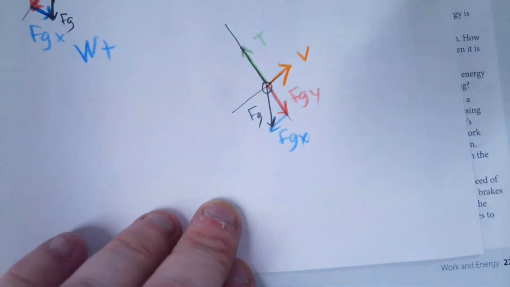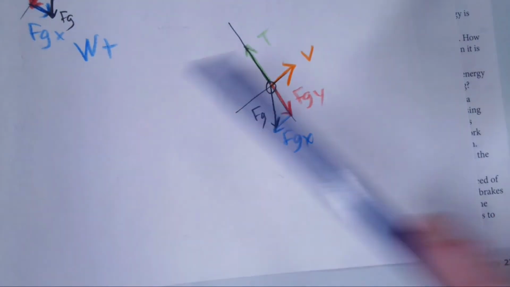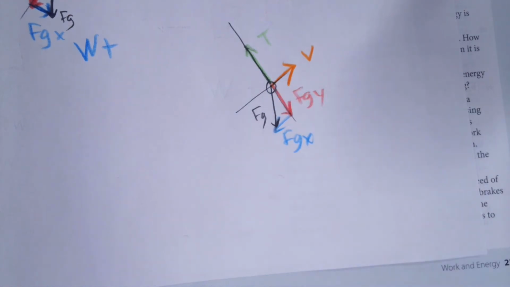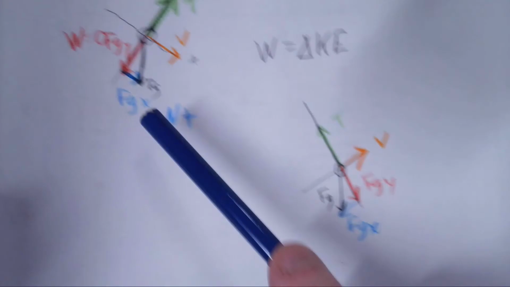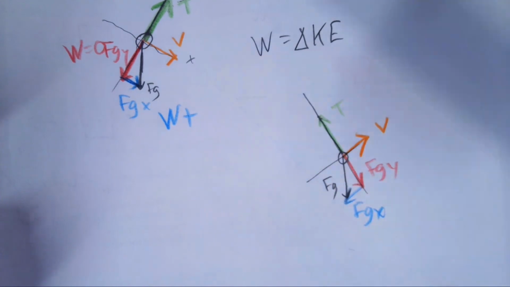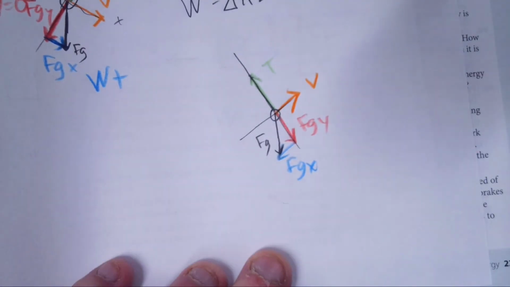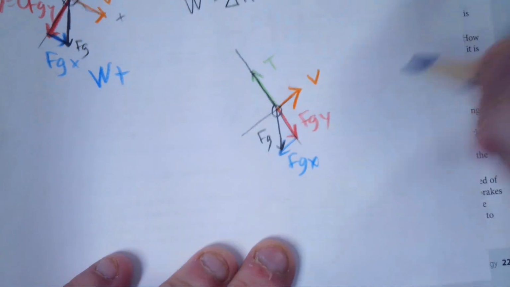And so the question is, the work done on the bob, that's what the bob is, the little circle, by gravity, is it positive, negative, or zero? So once again, it's parallel, but the difference between this and here: the force of gravity in the x direction was parallel with velocity, so positive work is done. Here, the force of gravity in the x direction is in the opposite direction as the velocity, so negative work